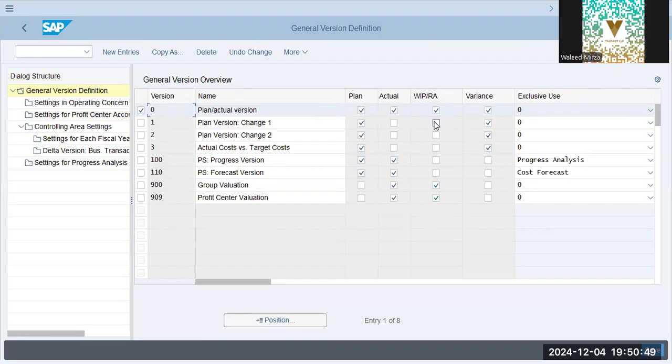Based on that, of course, some production orders will be undergoing work in process and might not get completed within a month. So work in process, and RA is result analysis. The result analysis gives you an overview of the current scenario of product costing. Variance basically is the difference between plan and actual. So this is selected, controlling area settings,